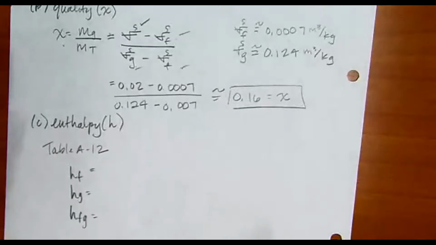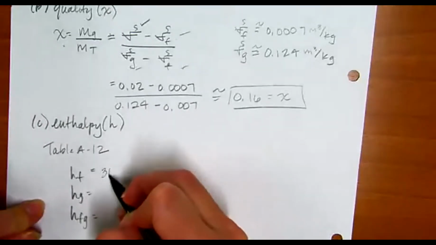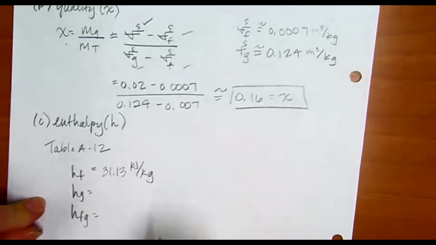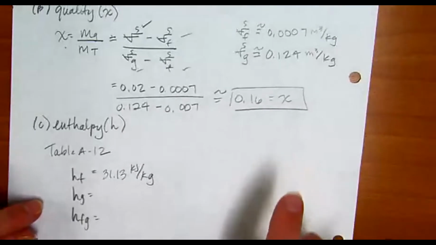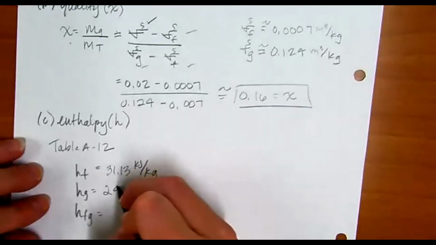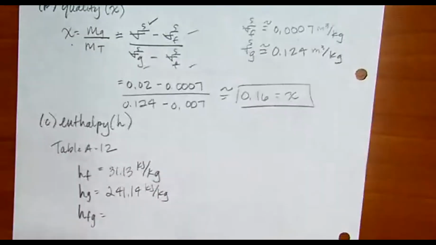So the enthalpy of our liquid is going to be 31.13 kilojoules per kilogram at 0.16 megapascal. The enthalpy of our gas is going to be 241.14 kilojoules per kilogram. And the enthalpy of our liquid vapor is going to be